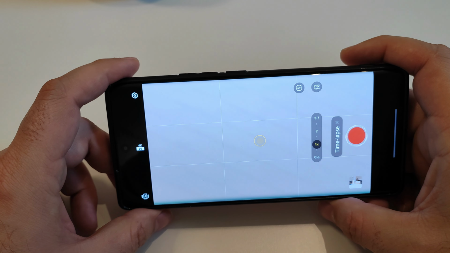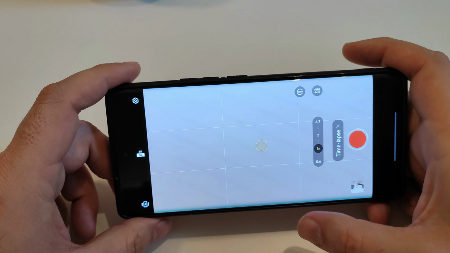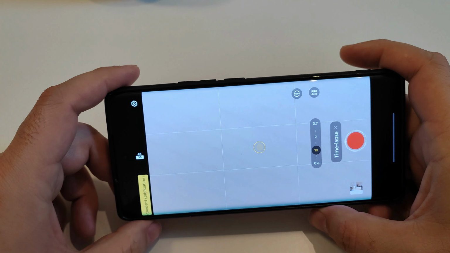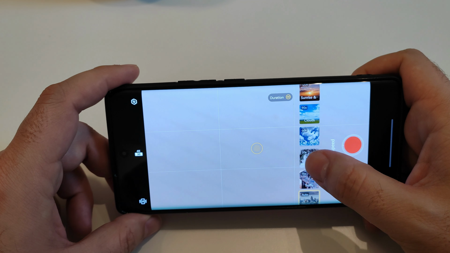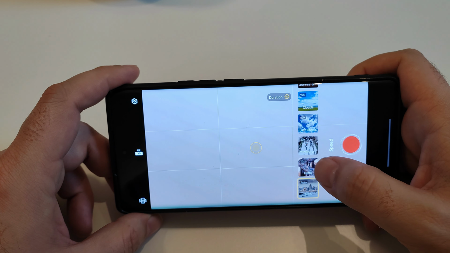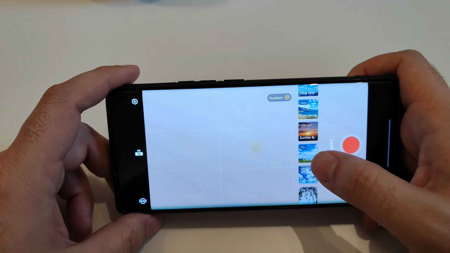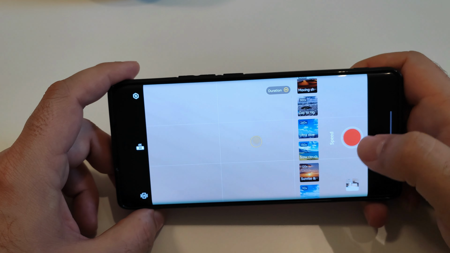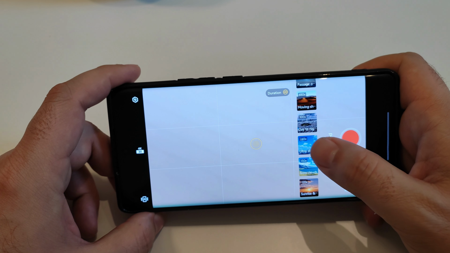Time-lapse video, in time-lapse video you can shoot up to 4K 30 frames per second. You can choose what kind of stabilization you want, and you can choose everything here. You see auto speed, 15x for traffic, 30x for moving crowd, 60x for fast clouds, 90x for clouds, 120x for sunrise and sunset, 150x for slow clouds, 240x for ultra slow clouds,